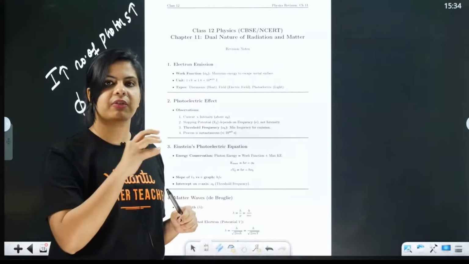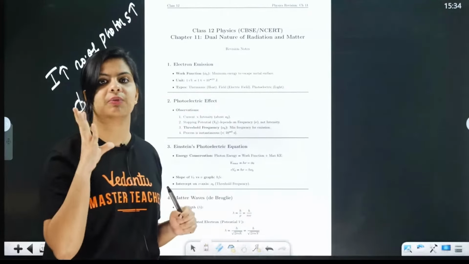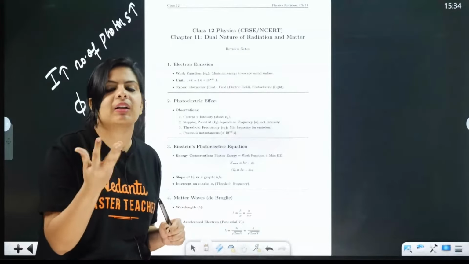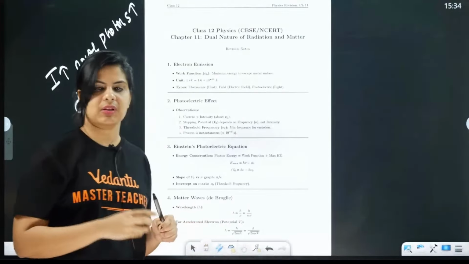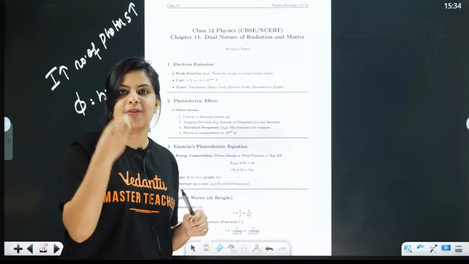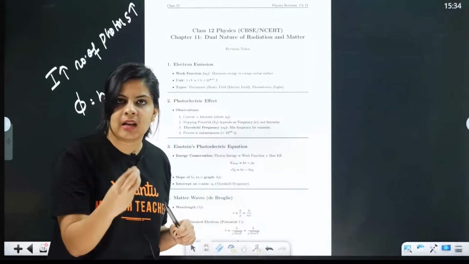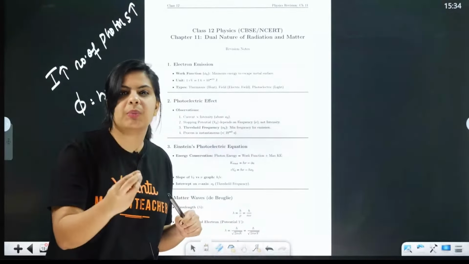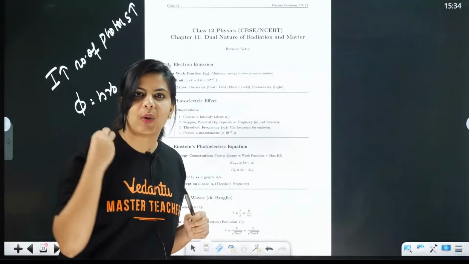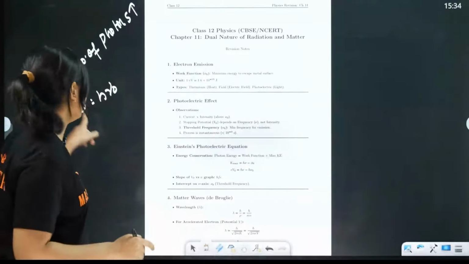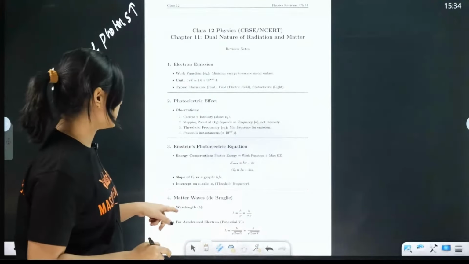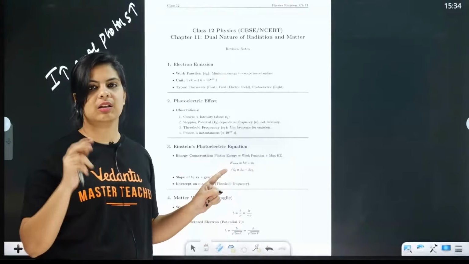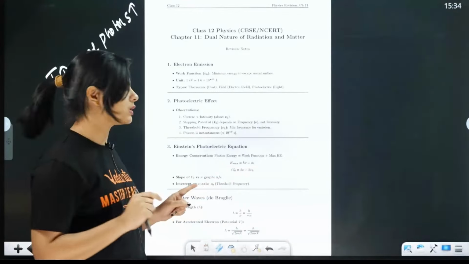So I can say that the work function depends completely on this frequency. That minimum required frequency is this threshold frequency. It is the minimum frequency required to give the electron in that metal the energy it needs. And this is an instantaneous process; it takes only 10 to the power minus 9 seconds.